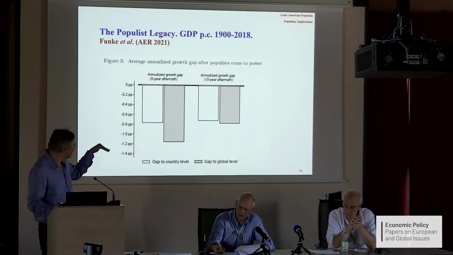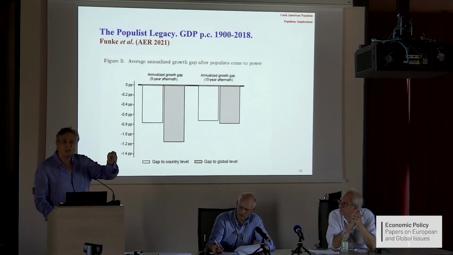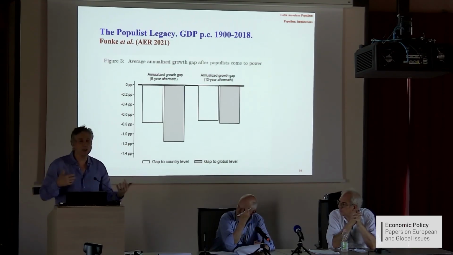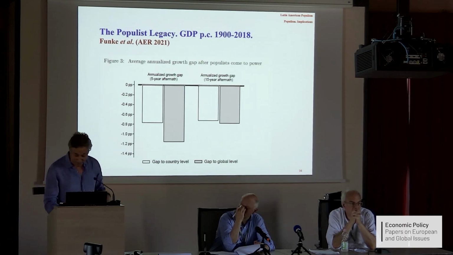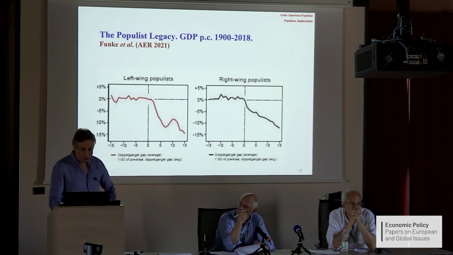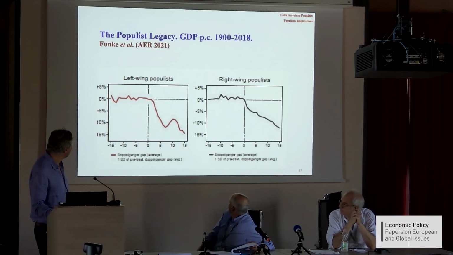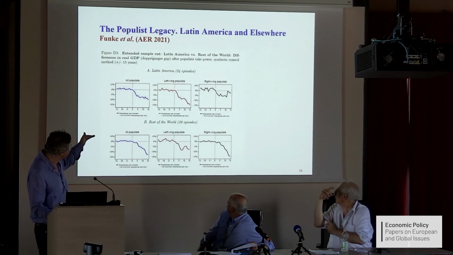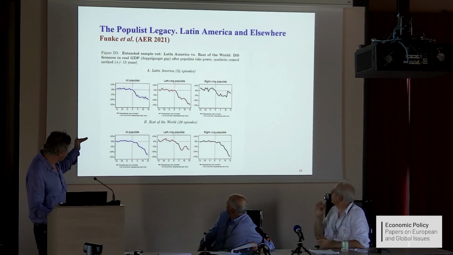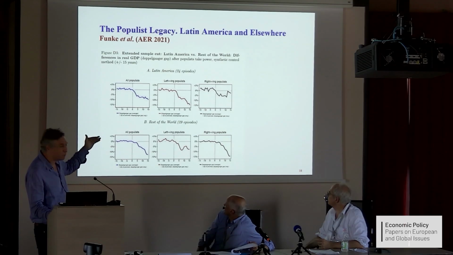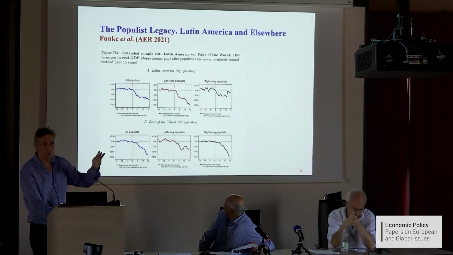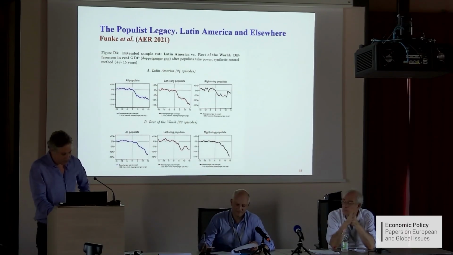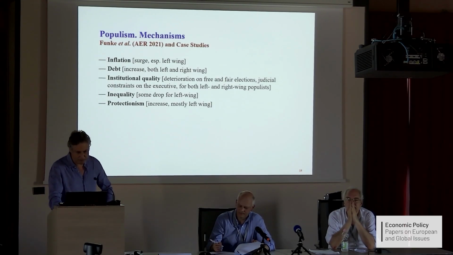Also, they have some results in the very end showing that inequality doesn't move much, although the data is not particularly strong. So don't think about an inequality-efficiency trade-off, at least on economic efficiency. They also have some results on Latin America. So this is left wing and right wing, but they also have some results in Latin America, effectively showing that once Latin America looks similar to the rest of the world, perhaps the right wing populists are more prudent, although even this will change in subsequent results they have in the paper.